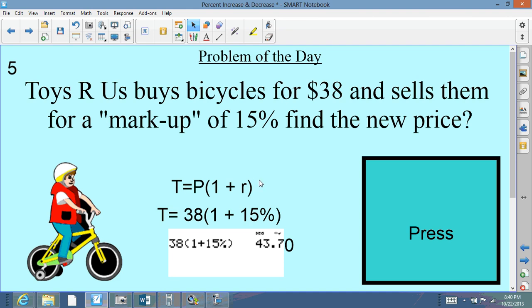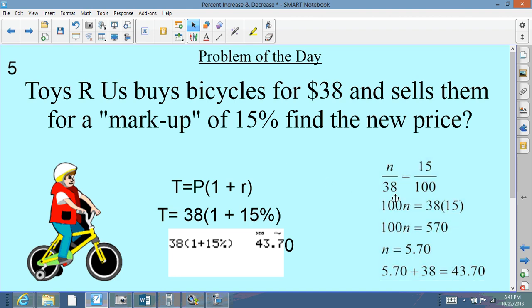So that's going to be the new price of the bicycle if we use the formula. Now remember, we could use the other method by finding the amount of change from the different price and the new price, but they didn't give us the amount of change, so we'd be looking for that amount of change. And over the original price, it would be 38, because we don't have the amount of change, and the old price is 38. We have our percentage though. We have 15%